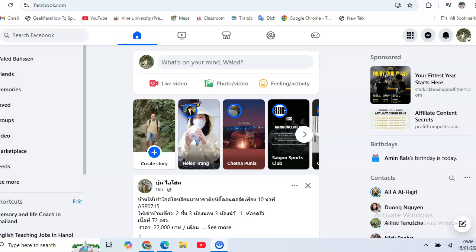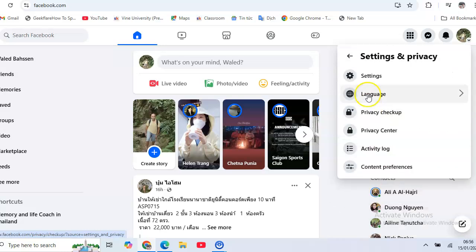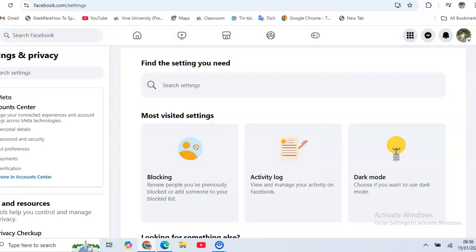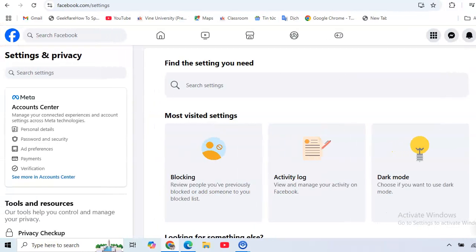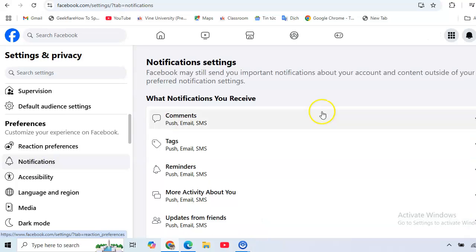Okay, how to turn off group notifications on Facebook on PC. First, just go to Facebook and then click on your profile icon. After that, click on Settings and Privacy, and then click on Settings, and then in the left sidebar, just scroll down, and here, Preferences, click on Notifications,